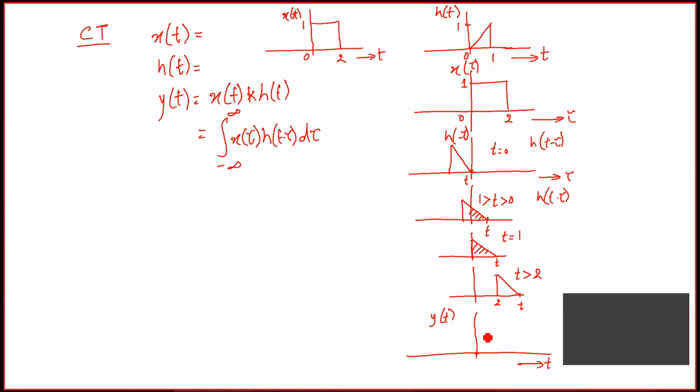So it will have a particular shape, and this will become 0 right here. In between, with experience you can just see what that shape is going to be. We are going to have an area which is going to keep increasing,